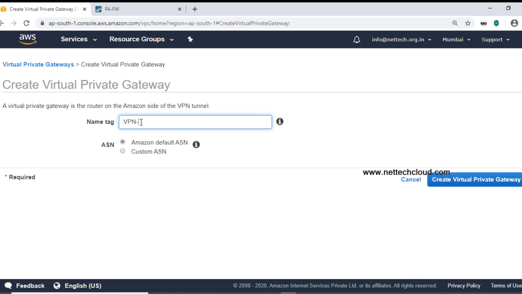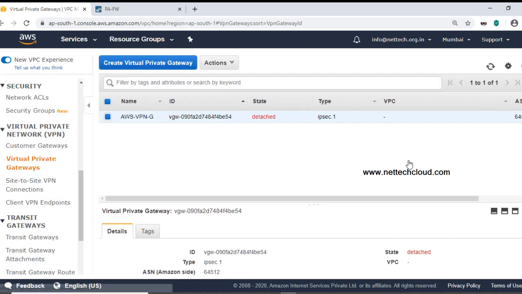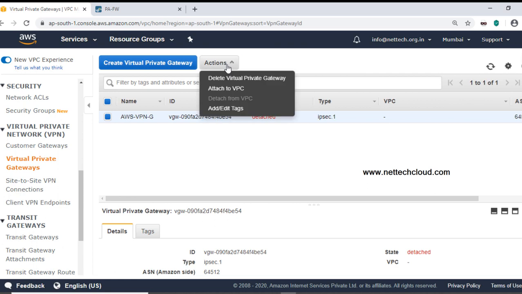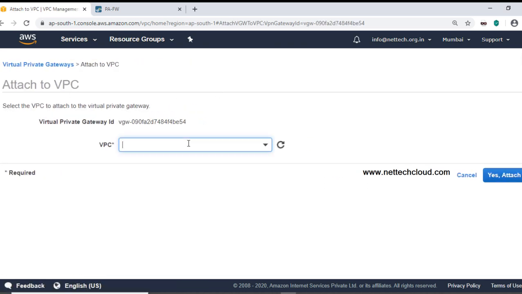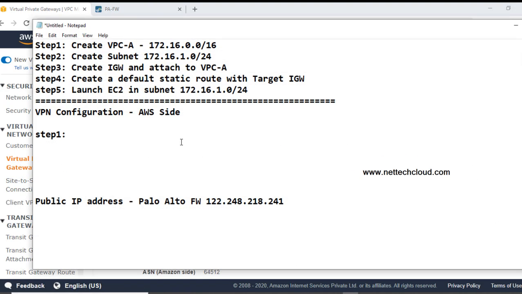So AWS VPN gateway. Default autonomous system number. We do not want to use any other autonomous system. And then this VPN gateway needs to be attached to VPC-A. So first step is creating VPN gateway and attaching it to the VPC.